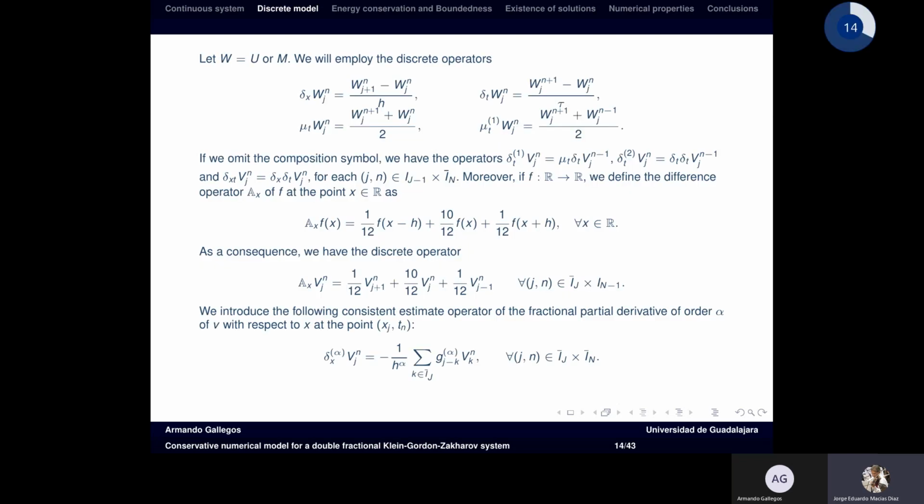Okay. So we introduce also some discrete operators. So these are traditional operators, and we are going to use some compact operators to approximate certain quantities in our model. Okay. We also consider this reduced form of fractional centered differences,